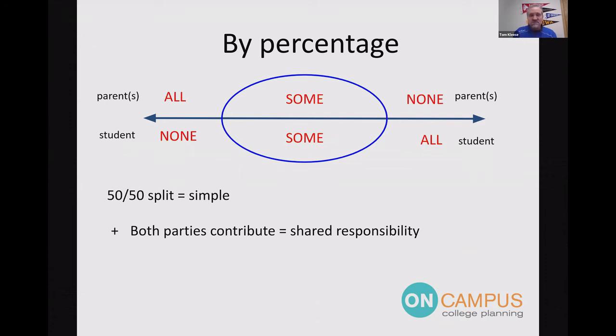And you could have some limits on it. You can say, look, I don't want you to take on too much debt. So, we're going to go up to $30,000. That means we've got 15 a year and you've got 15 a year. And maybe you can get out an extra summer or semester and reduce some of your costs. So percentage is one way to do it. And it could be any percentage that you want, obviously.